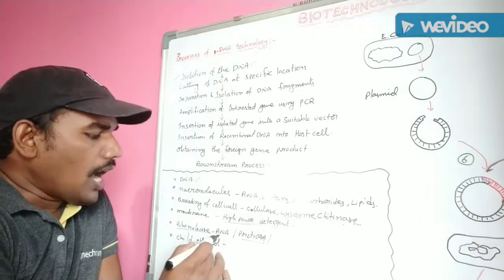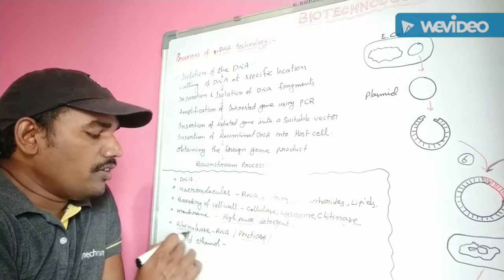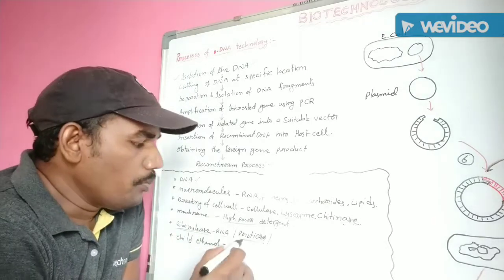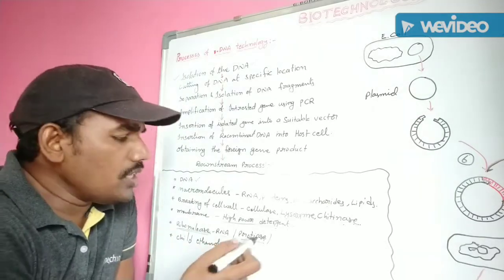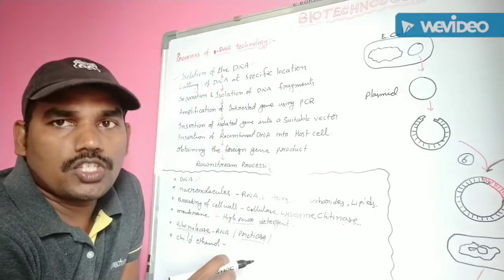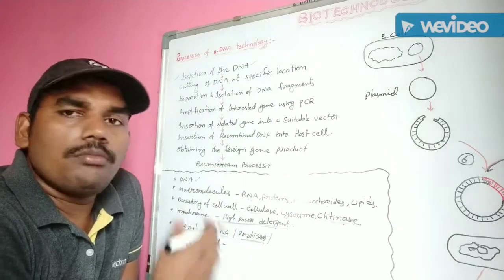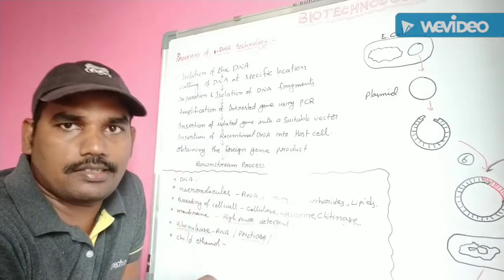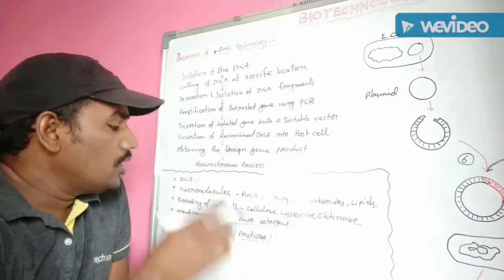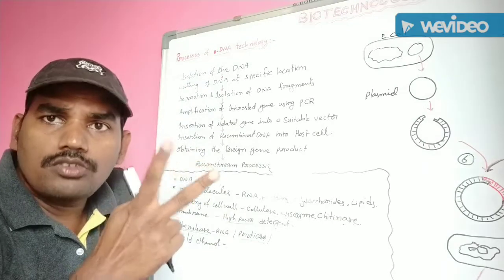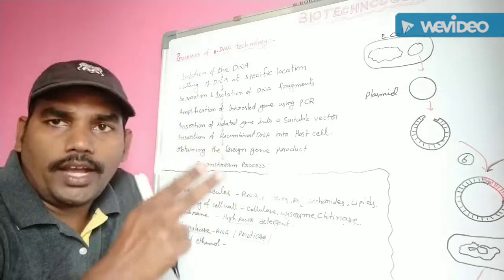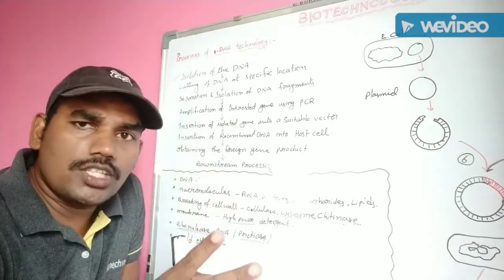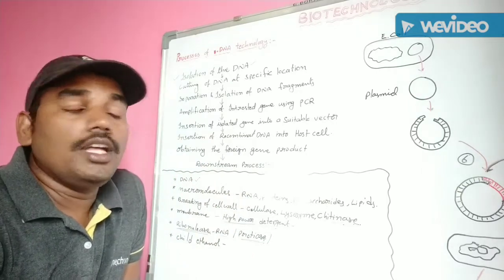Suppose RNA can be digested with the help of ribonuclease enzyme. Proteins can be digested with the help of protease enzyme. Some other macro and micromolecules can be digested with appropriate treatments. So initially the cell wall is broken down, the cell membrane is broken down, and macro and micromolecules are digested with different types of enzymes. Then after,